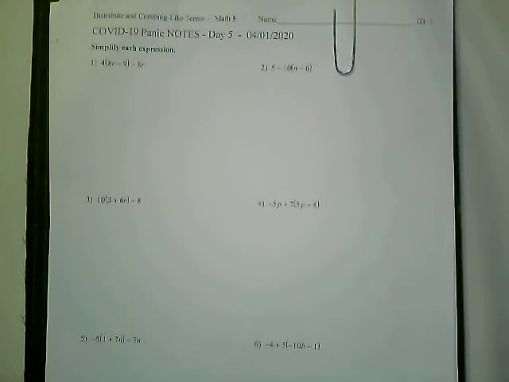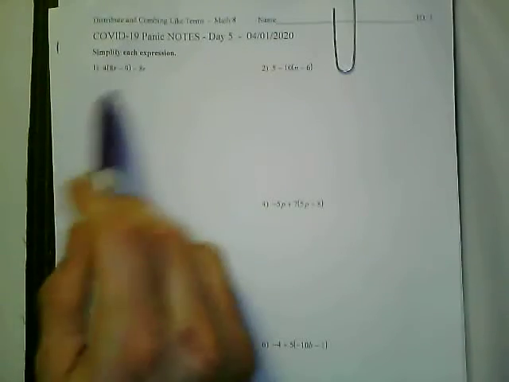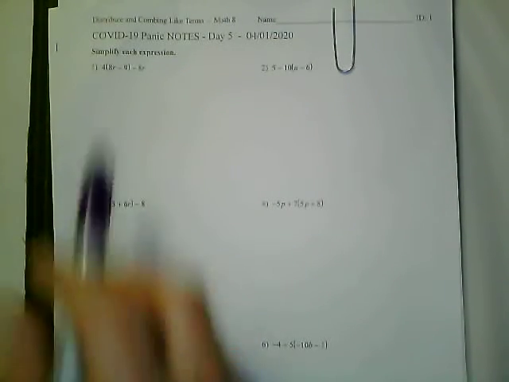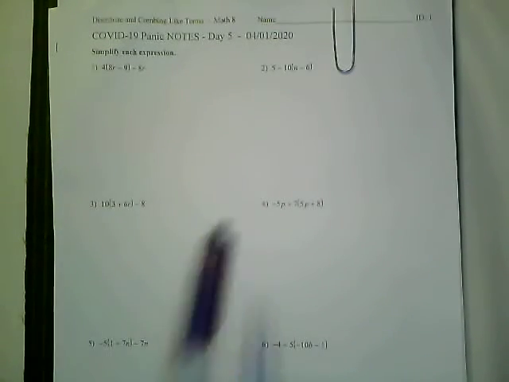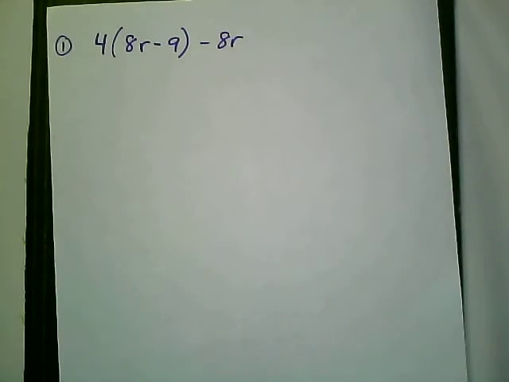Okay, here we go, guys. COVID-19 panic notes, day 5. So we're going to go over this distribute and combine like terms again. So here we have it. Hopefully you're able to get this printed off. If not, make sure that you write it down, take a picture of it,